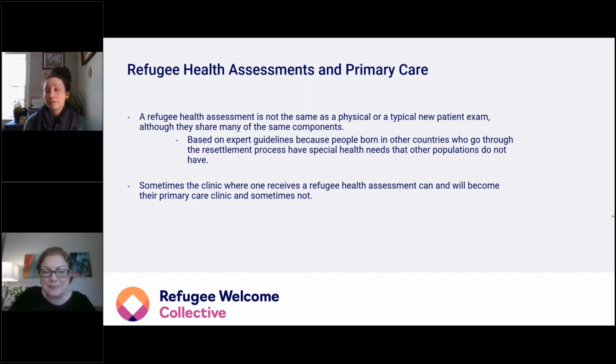This includes things like different diseases that have different prevalence in different countries for various reasons, intestinal parasites that we just don't have here in the US because of climate, different immunizations that were given overseas. There's a lot of catch up to make sure they fit our US schedule so they can go to school and work in healthcare if needed. Mental health screening because of the stress of the resettlement process. So the reason we have this exam, and it's not just saying we'll make an appointment at your local clinic with your local doctor, is because it consists of things we know are really, really important for new arrivals.